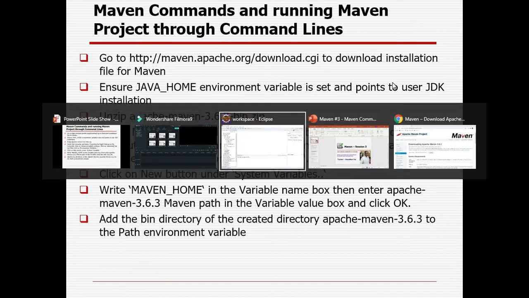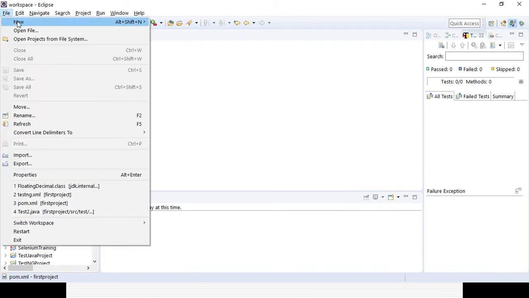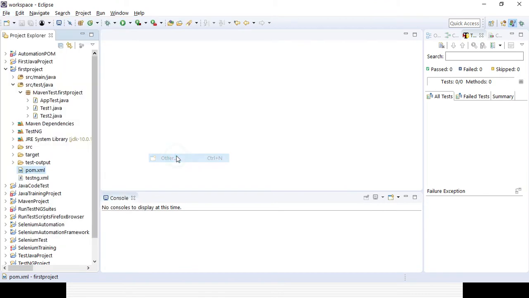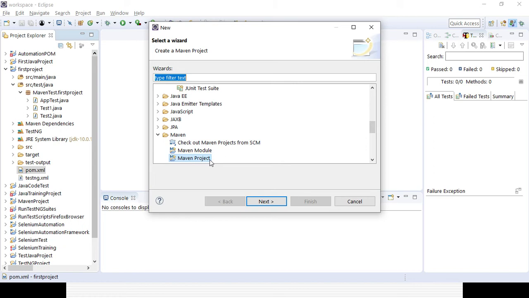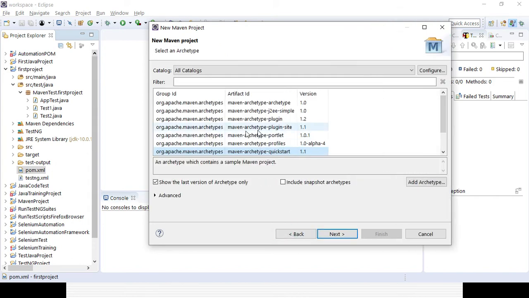In my last two videos, you already know how to install Maven and that the Eclipse installation is done, right? How we can create a Maven project with the help of File, New, Others, and then Maven Project. If you select the Maven project, you can either select the sample project, which is skip archetype selection, or you can go to the default. In case you go to the default, you have to select the archetype as maven-archetype-quickstart, and click on Next.